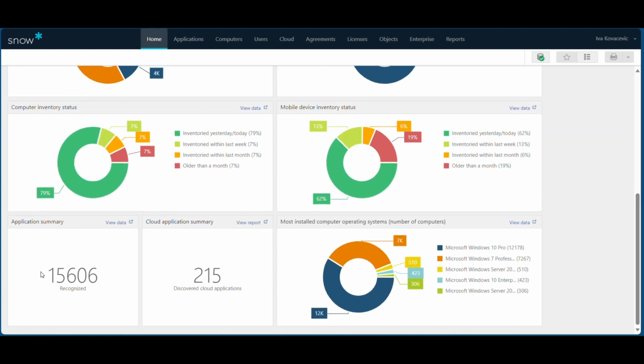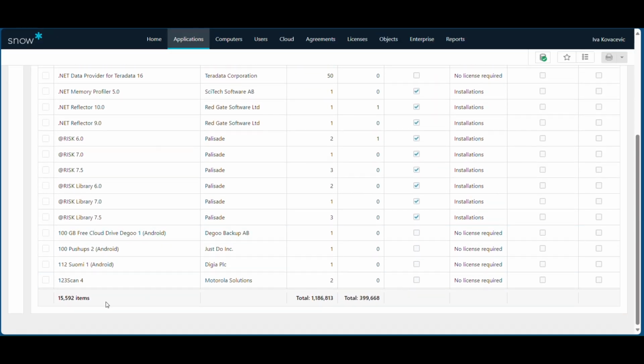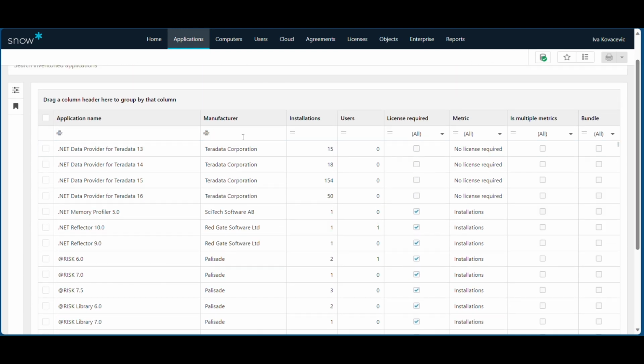Right here, we see the number of total discovered computers, and those that still need to be inventoried. There are 15,000 applications discovered, and out of those 15,000, there are 200 that are SaaS applications. This is really specific to Snow, the ability to inventory native SaaS applications. So if you want to dig deeper into applications, right here you have a list of all your 15,000 applications. And if you want to filter it by, let's say, Microsoft,